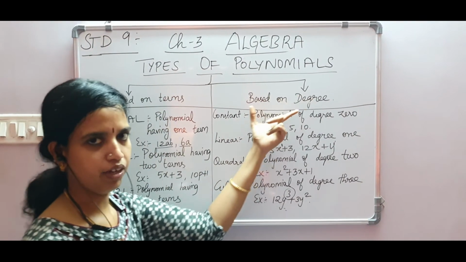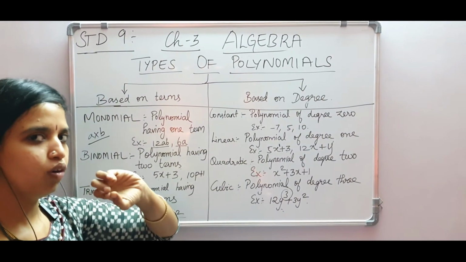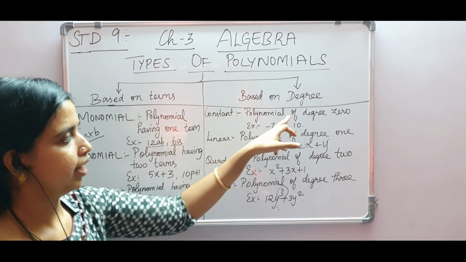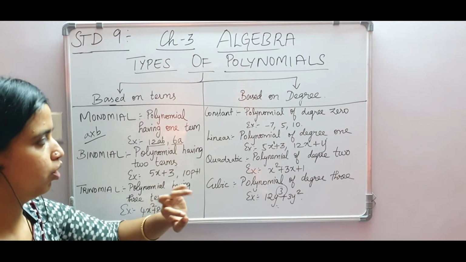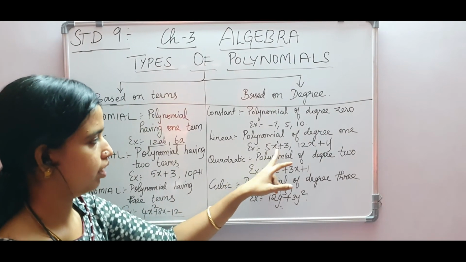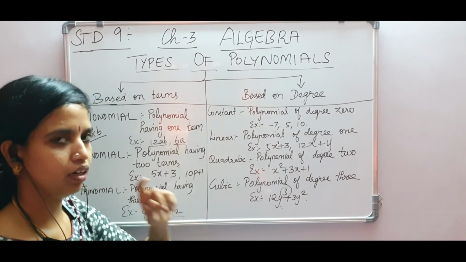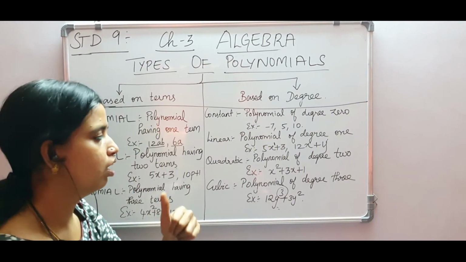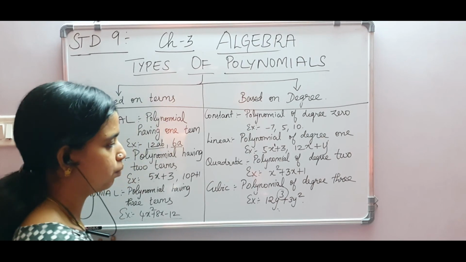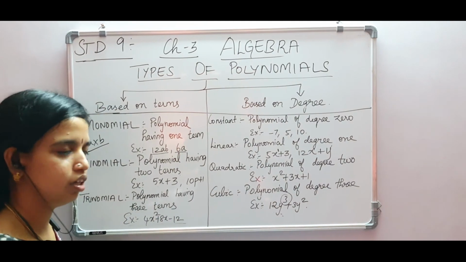Here based on degree we are splitting 4 types of polynomial. That is constant. Constant means we don't have any variable term, only a single term, where we get the degree as 0. So that is constant polynomial. And linear means nothing but degree 1, for which the example is here. And quadratic polynomial means the degree is 2. So the highest power in that polynomial should be 2 only. Then those types of polynomial are called quadratic. And the last one is cubic polynomial, where the highest power is 3. Then those types of polynomial are called cubic polynomial.